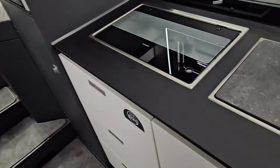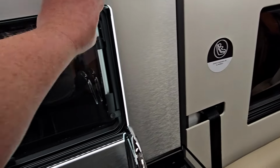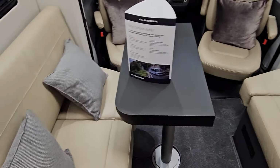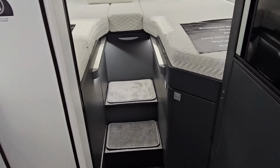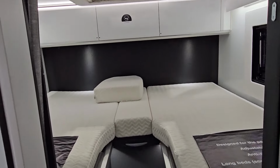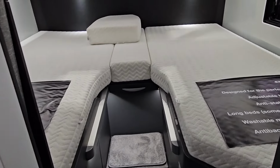And then you've got the 2 burners, little square sink, brushed aluminium style splashback, leatherette, Isofix. You've got 2 seat belts here, so these both can convert into forward facing seat belted seats. To the back, very wide for a narrow van, so it's 18 centimetres narrower than the Corals, but despite that you've got very wide side single beds which you can pull together with the infill there to make a large